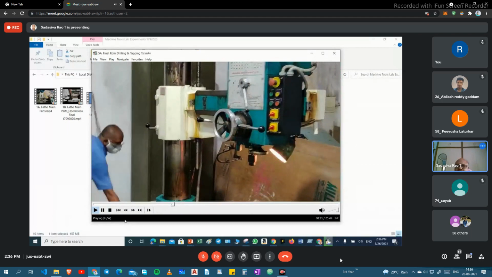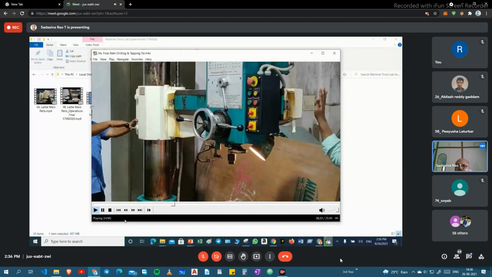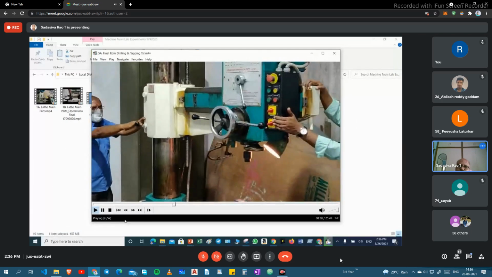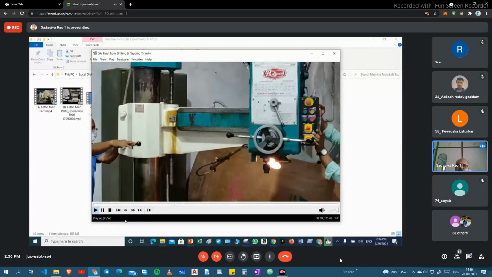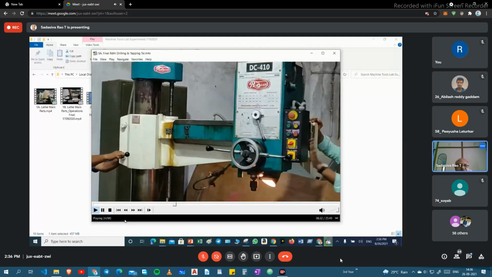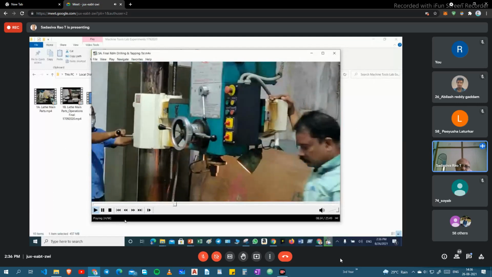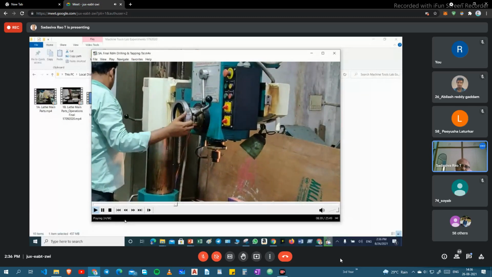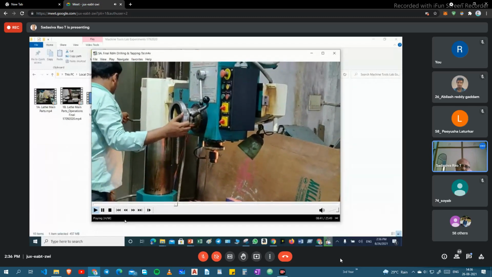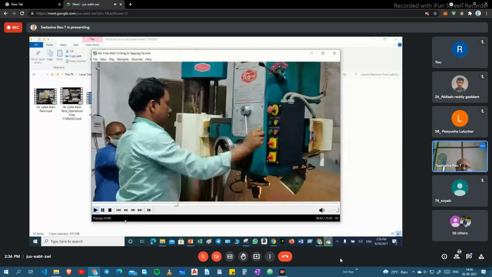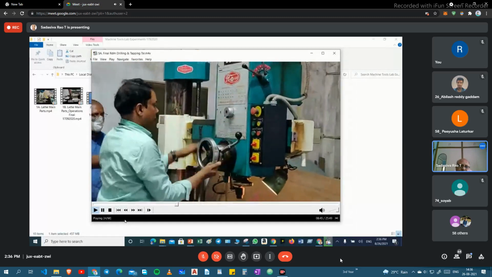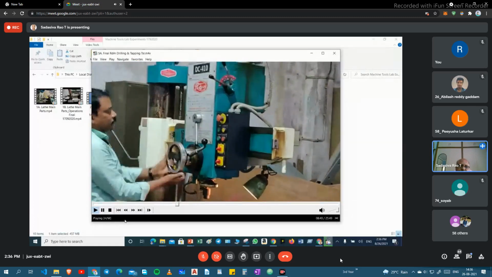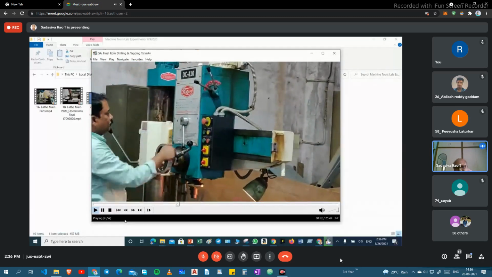Okay, this is one axis. So this is the second axis. And the third one is here. This is the third one. It's an x axis. Okay.